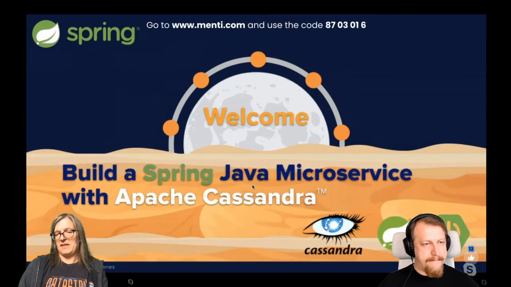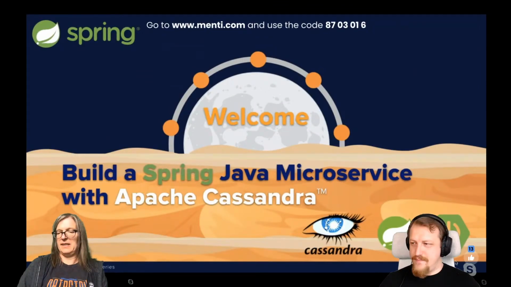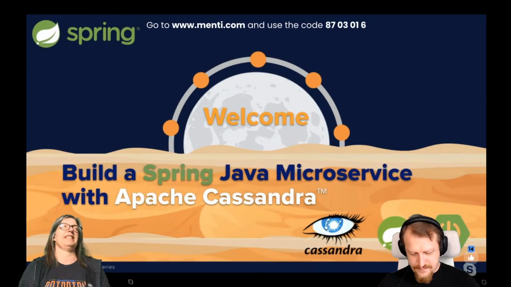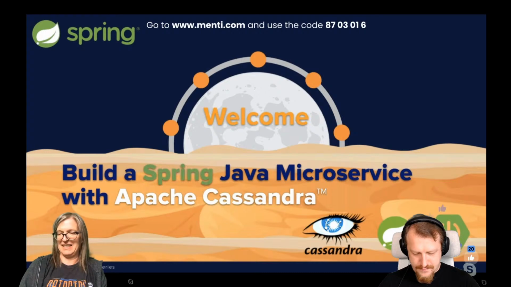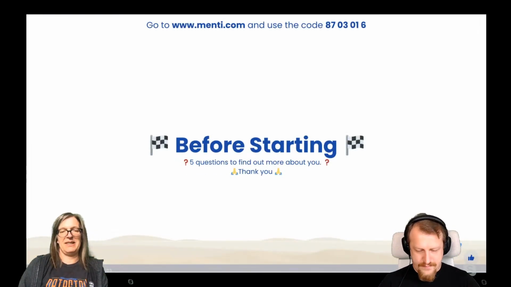Good. Give me a thumbs up if you're in Menti. I should see this here. I've got 13 at the moment, but we don't need to wait for everybody. There are no prizes for these questions in the beginning. They will come later on. But yeah, cool, I see about 20. That's wonderful. Let's find out a little bit about you.